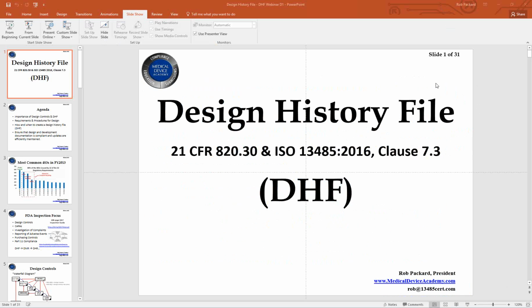The DMR is the most current version of the drawings and procedures, including inspection procedures and labeling for the product. So that was your outputs. Your DMR doesn't include any inputs. It doesn't include verification and validation. It includes the procedures, the inspection criteria, and the drawings and the labeling. And then your technical file is supposed to also be that compilation of those things, but they also want to see the verification and validation. They want to see the inputs and outputs. So when they do a technical file audit, they're going to ask for a combination of your design history file